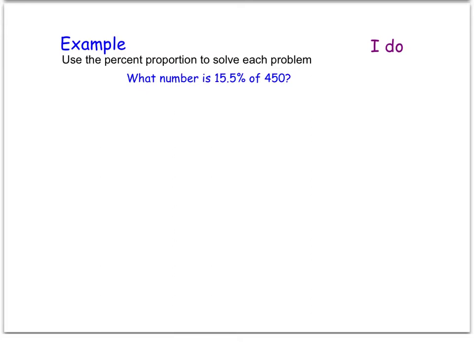Okay, here is another I do. This time we're going to be looking for the number. They give me a percent and they give me the whole, so I'm going to be looking for that part. So how do I set that up? Remember, it's part over whole